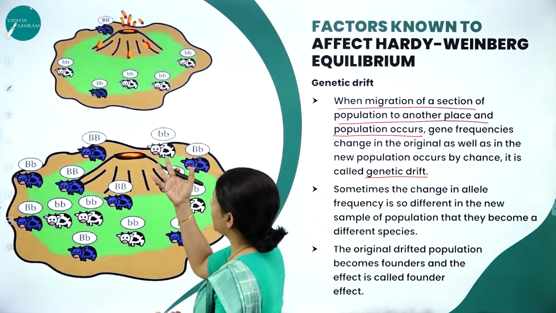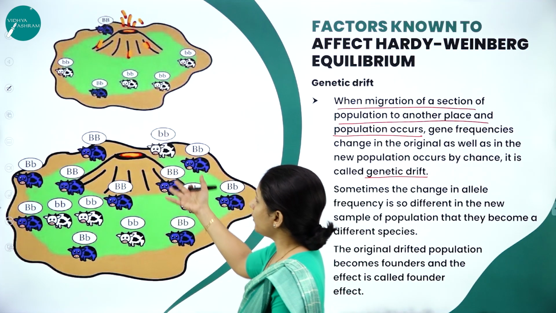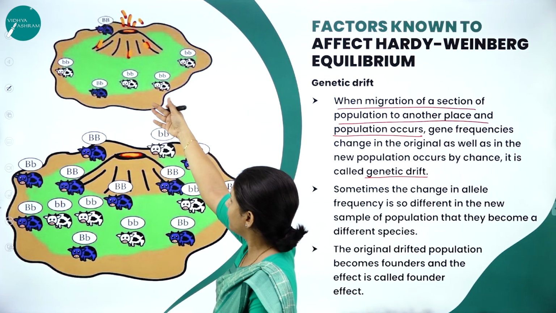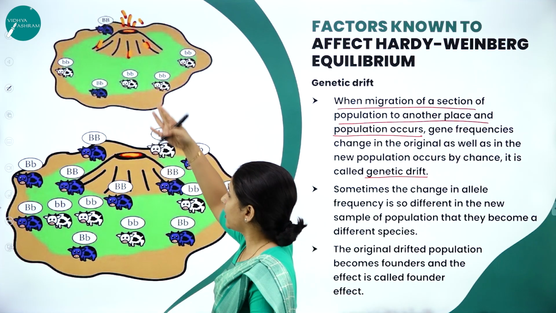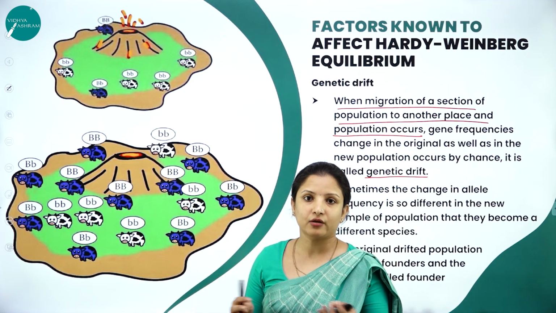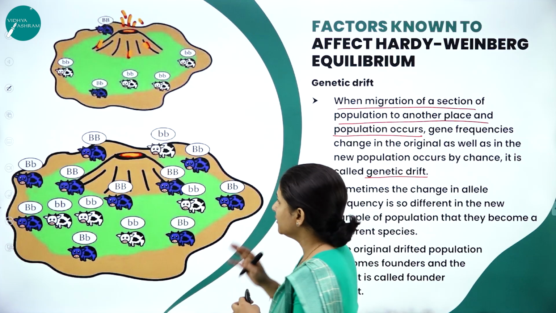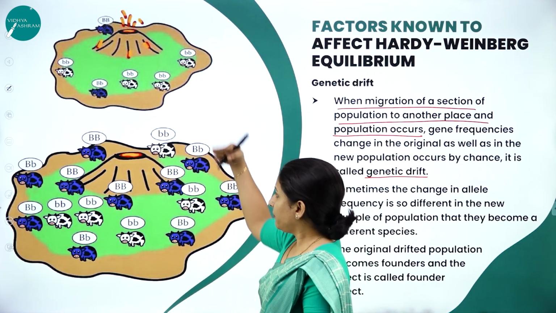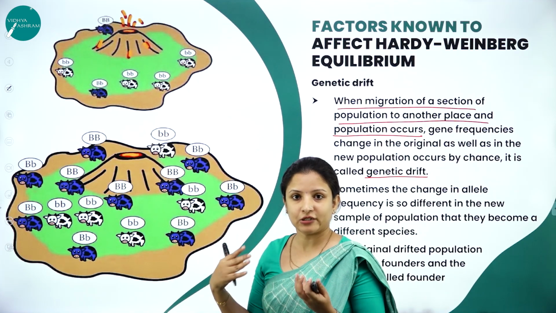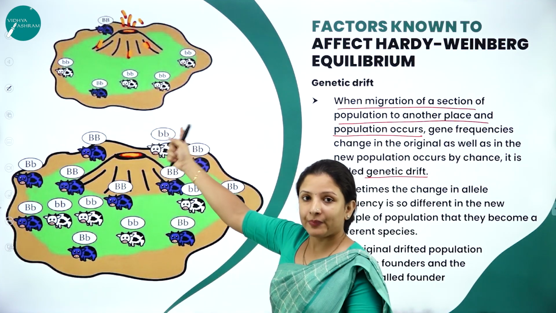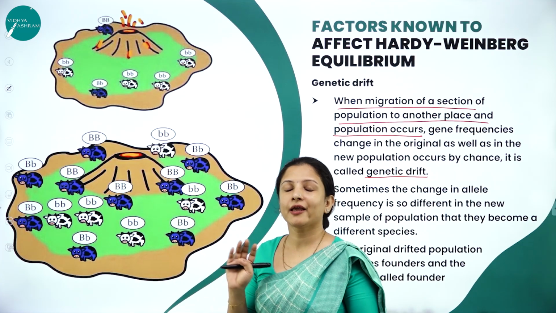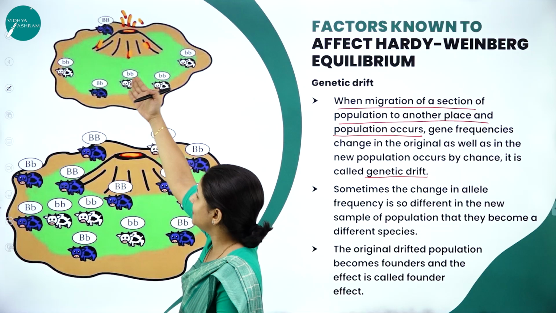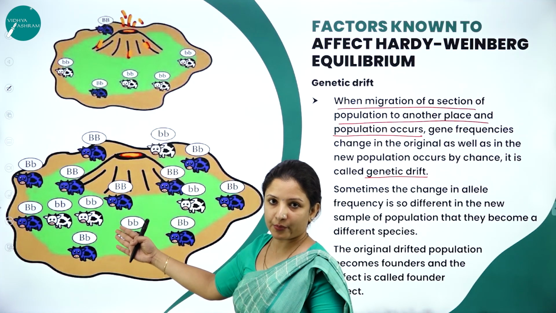Say, for example, here we have taken a section of cows. A cow living in an area which is prone to volcanoes, because it is prone to volcanoes, these species have migrated to an area where maybe no volcanoes are happening. So they need to get adjusted there. There are also different species of cows present, and when they mate, they will give rise to a new set of populations. So there also p square plus 2pq plus q square cannot be equal to 1 because of the genetic drift, that is, these genes are mixing with the genes of population B.